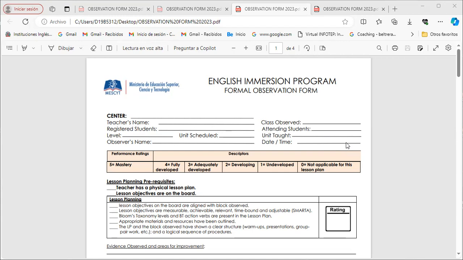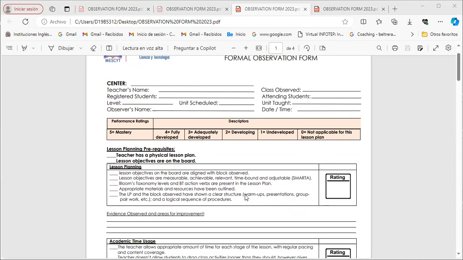Then you print it, and you are not supposed to observe all the criteria that this rubric has, but only one or two will be enough. All I want is that you get familiar with the observation process that you are going to be exposed to as well once you're hired. Well, let me start by explaining. As I said before,